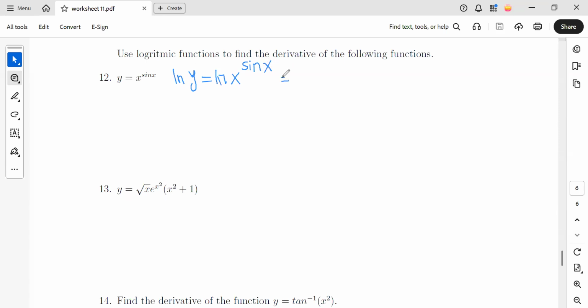And we can bring the power down. So we would write sine of x times ln of x. Now we're going to take the derivative of both sides. The left side is y prime over y equals. The right side is a product rule. So copy the first one, derivative of the second one, which is 1 over x,